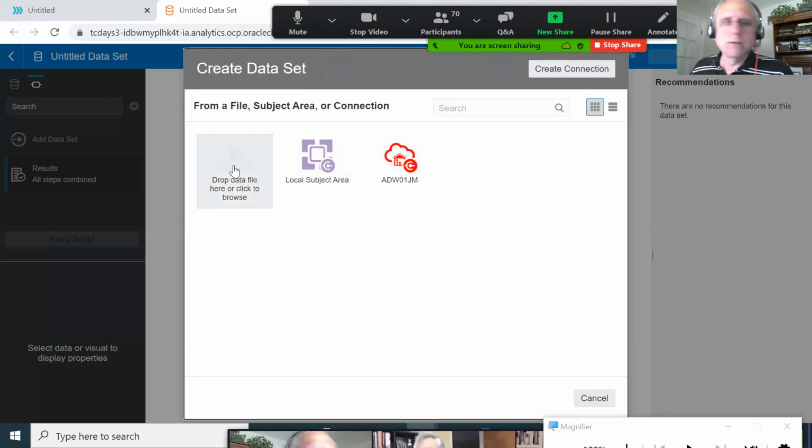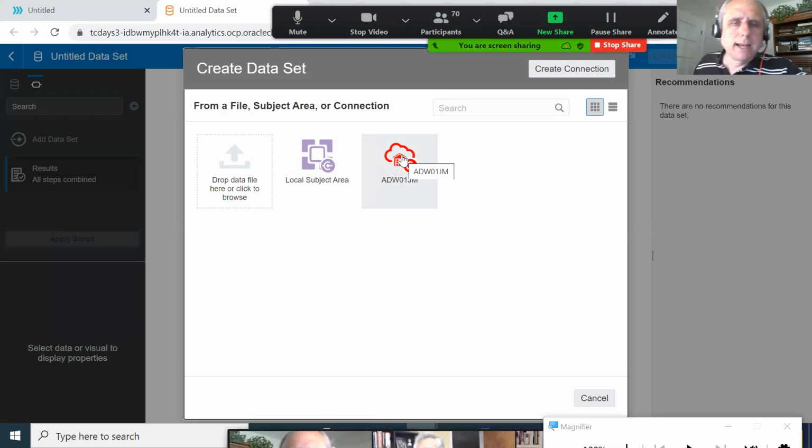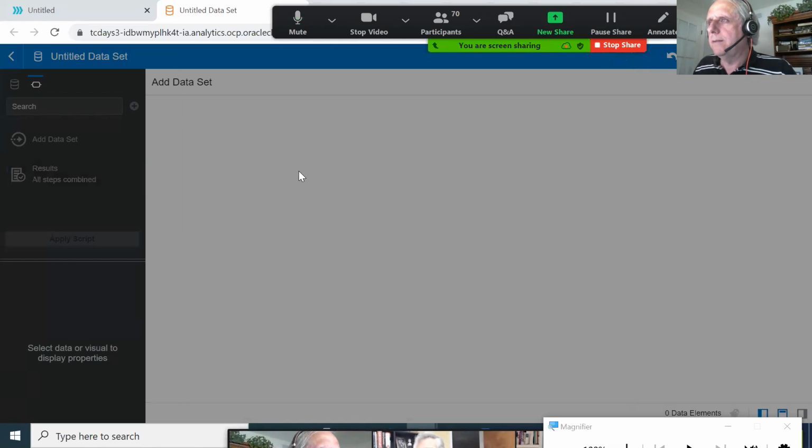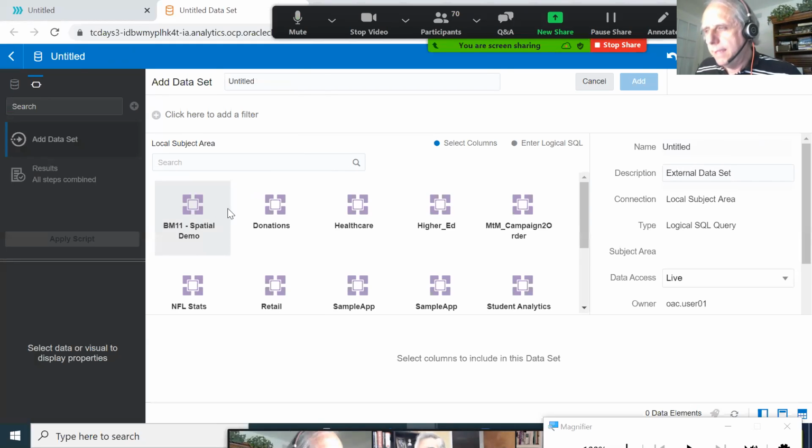One, we can grab data from our local file system, which we'll be doing shortly. But this time we're going to use the local subject area, and that means these are data sets that we've already uploaded. They're already available within the instance. And then third is we can access the Autonomous Data Warehouse. But this time we'll use subject areas that have already been created for us. And there's a sample app. So let's click on that